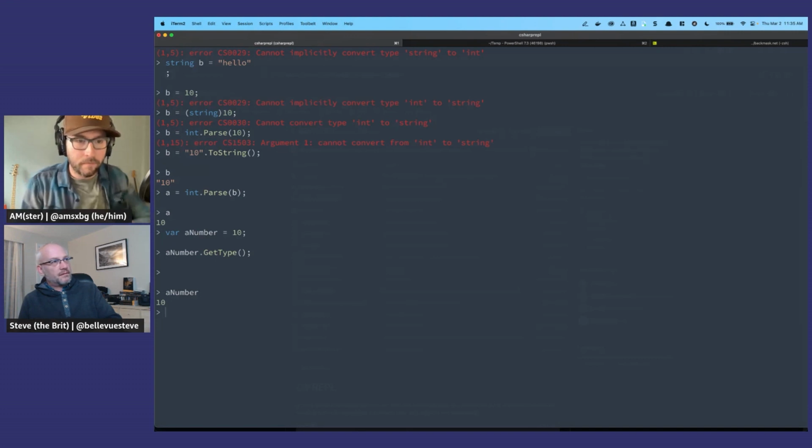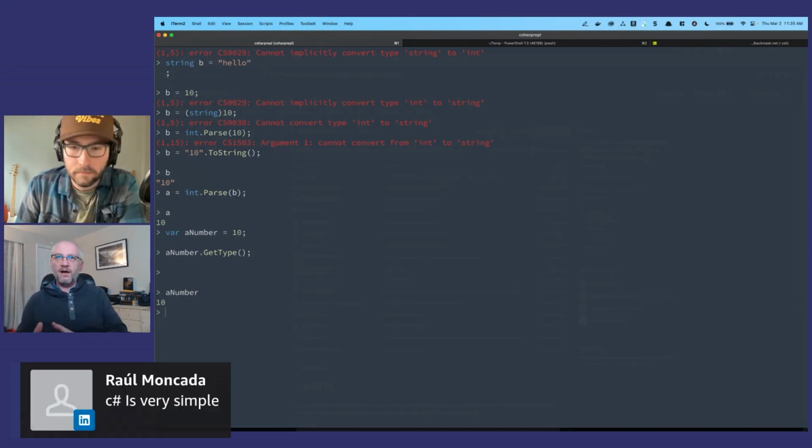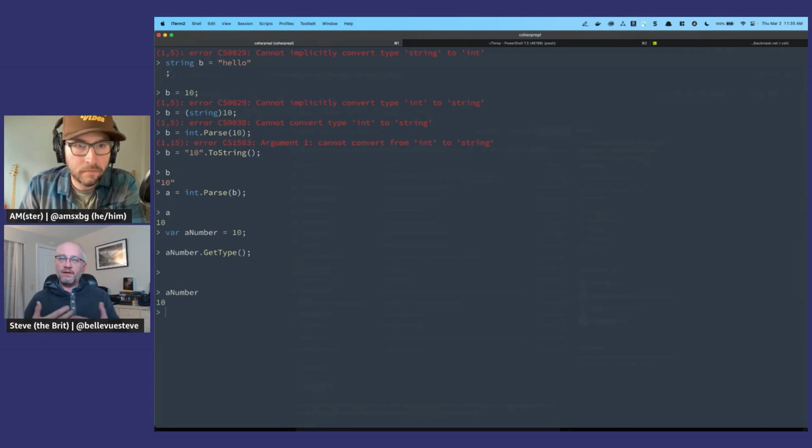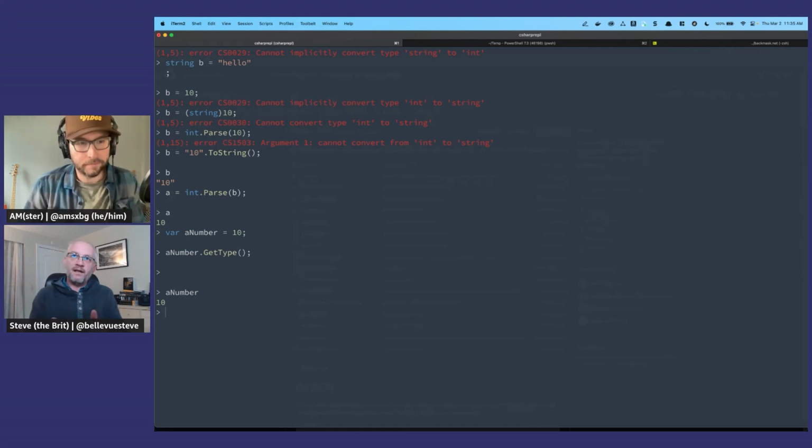Now, not everybody likes that approach of using var and type inference, because sometimes you don't know what's on the right-hand side. If you're working in an editor like Vim or VI, where you don't have what we call IntelliSense, where the editor shows you the type of the value on the right-hand side, and you're reading code calling a function, or a method is the proper name for it, which is returning a value, and you don't know what type that value is,